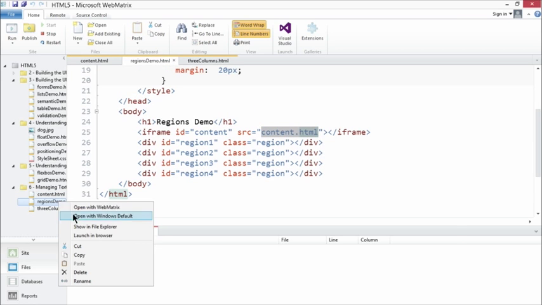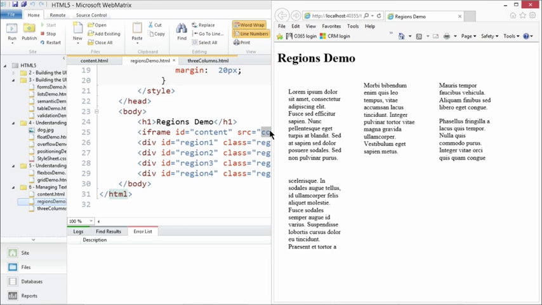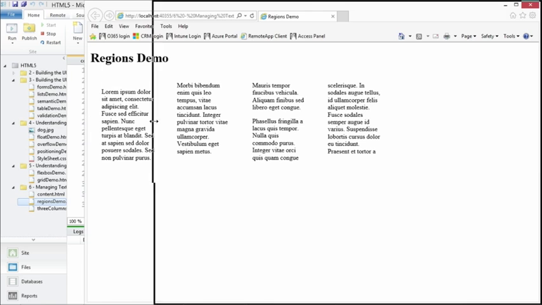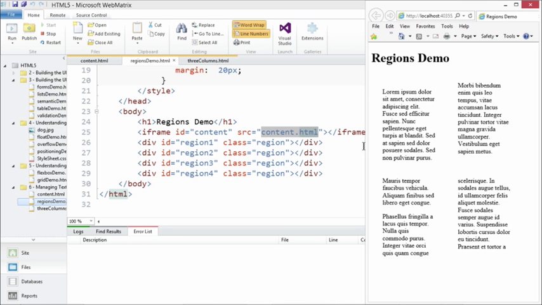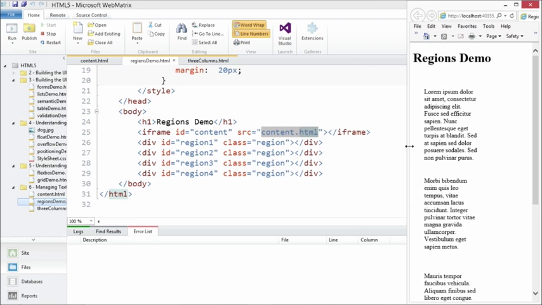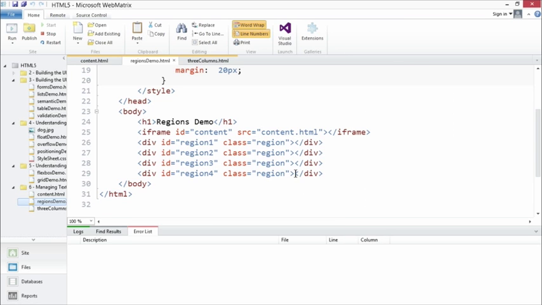Let's do it. Let's go ahead and launch it in the browser, and there you'll see we have 4 columns of our text. We set it as float earlier, so each of the regions are going to go ahead and drop down to a next line when we decrease the size of our browser window, right? When they run out of room, and